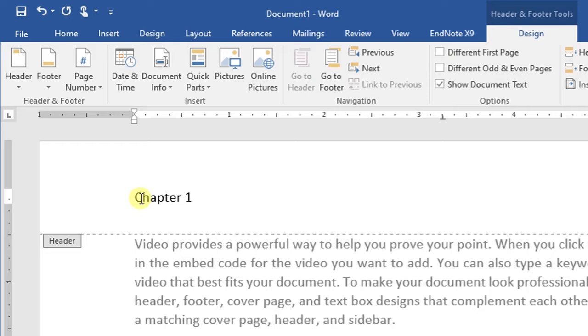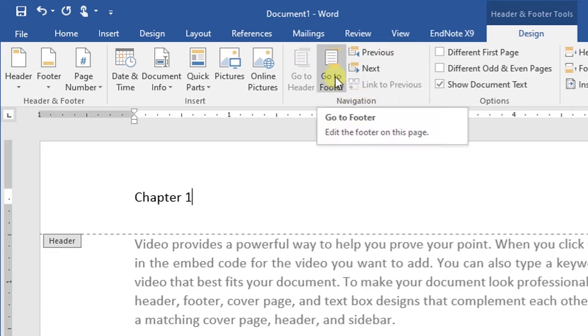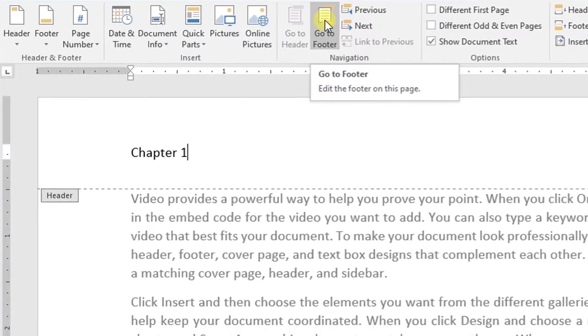If you want to type some information in the footer section also, then go to the footer section. For this purpose, go to the design tab, and then in the navigation group there is a command, go to footer. So click this command.